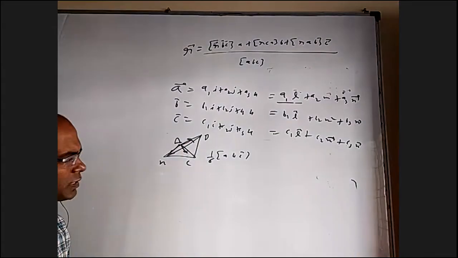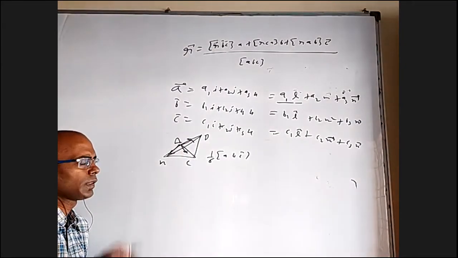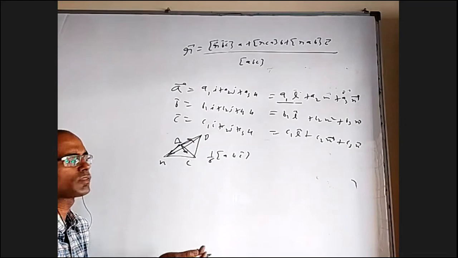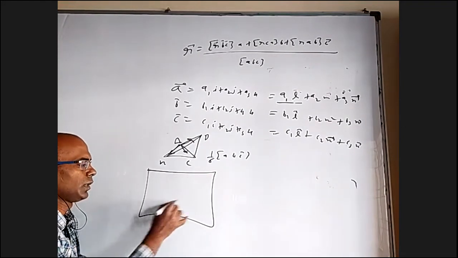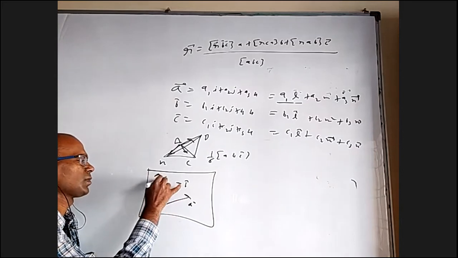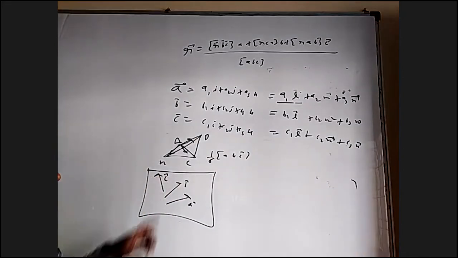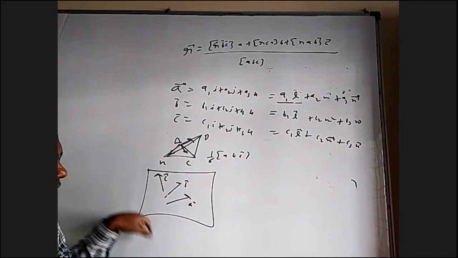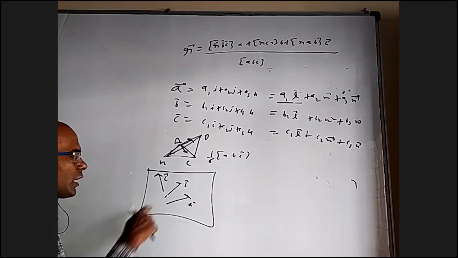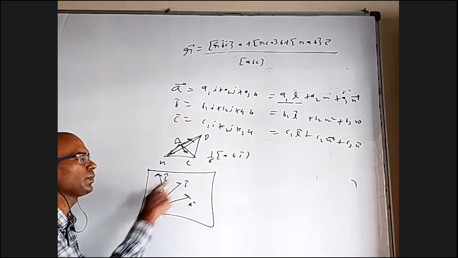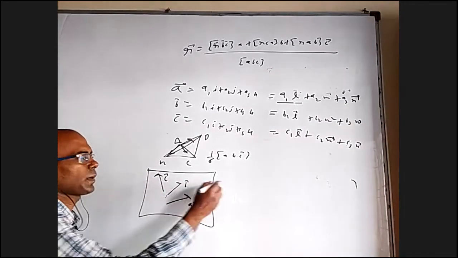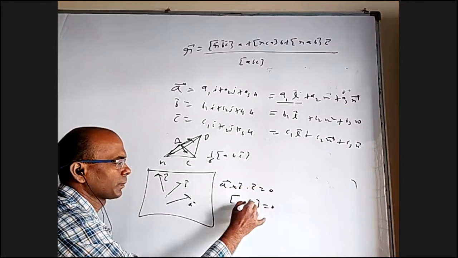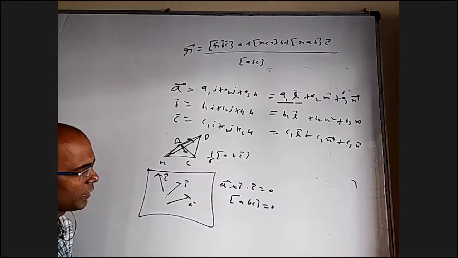That is one thing. Another thing is, many times we'll come across whether three vectors are coplanar or not. If three vectors are coplanar, they are in one plane, and the box will be 0. Why? If A bar is like this and B bar is this and C bar is this, they're in one plane. A cross B is perpendicular to the board. And if this is perpendicular to the board, it is also perpendicular to every vector in this plane, including C bar. So A cross B is perpendicular to the whole plane. It is perpendicular to A also, B also, C also. Because A cross B and C are perpendicular, A cross B dot C is 0. That is, box ABC is 0. So whenever you want to check whether three vectors are coplanar, simply check that their box is 0.